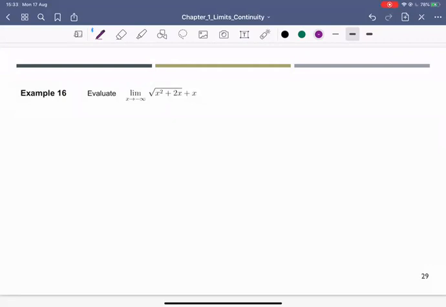If you remember, I said that if you see something like this, maybe you use the conjugate, right? Because it's going to simplify something, and then you hope for something that looks better for you. So here, I'm going to multiply by the conjugate first. The limit as x goes to negative infinity of square root of x squared plus 2x plus x, right? So this is the original question. I am going to multiply by its conjugate,